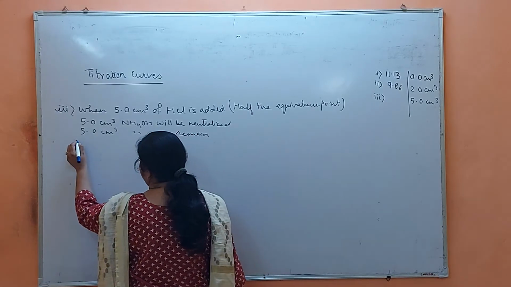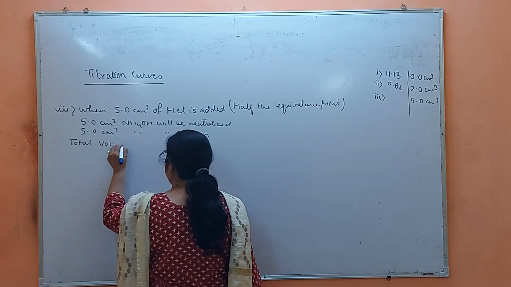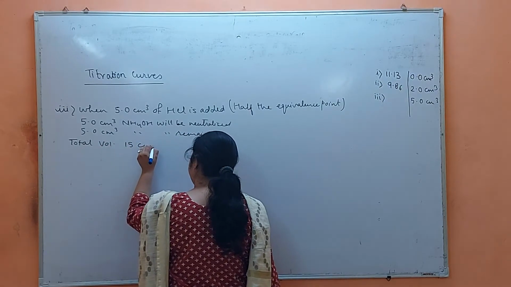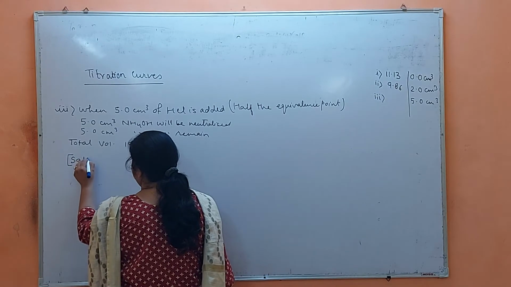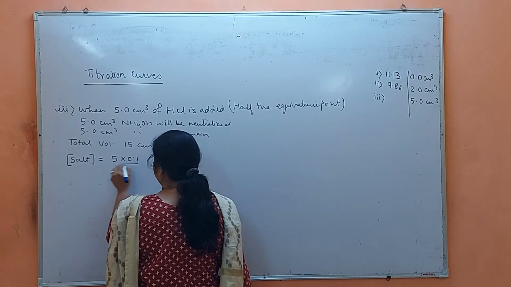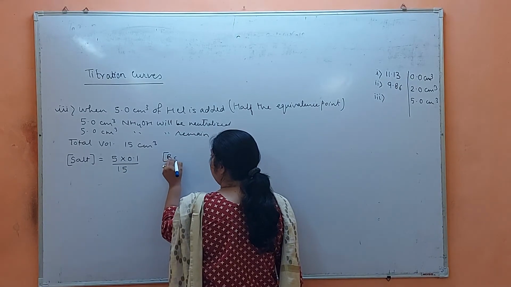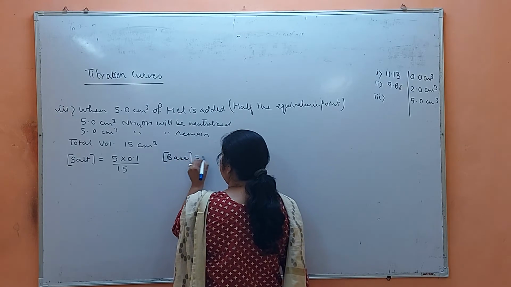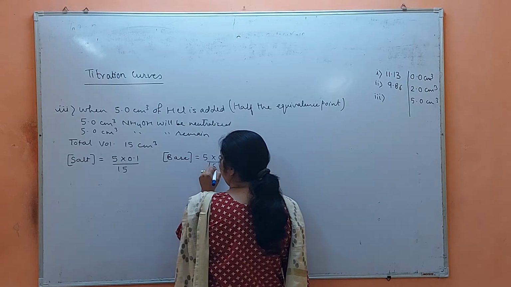Total volume 15 cm cube. Now see, salt concentration, if I wish to calculate, it will be equal to 5 into 0.1 divided by 15,